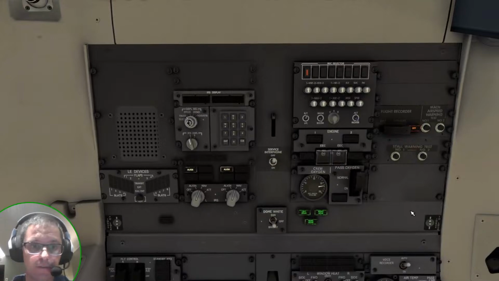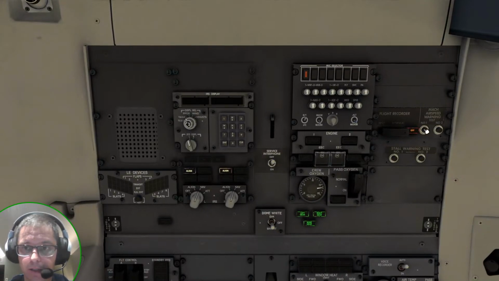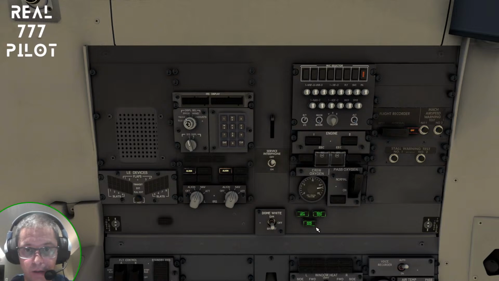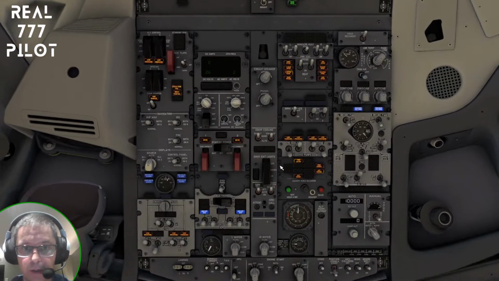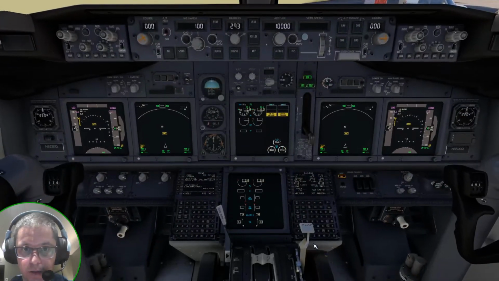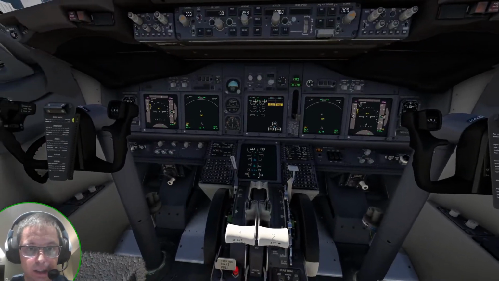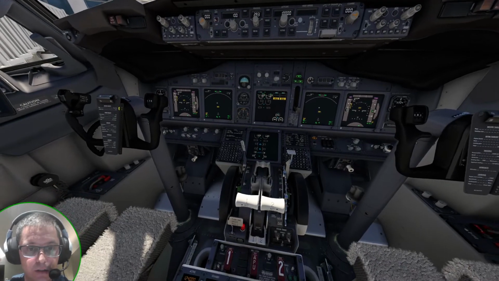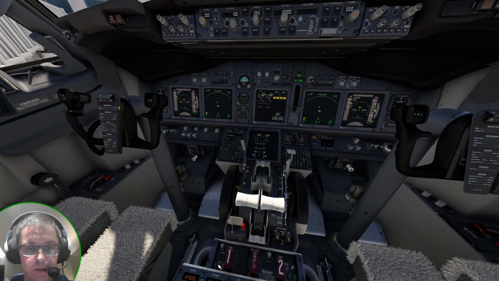So let's just finish our preliminary pre-flight for the first flight of the day. All set, service interphone on so far, because we need to talk to maintenance guys. And another thing that we are going to do from this screen here is to check our fire systems. So overheat detection is working,